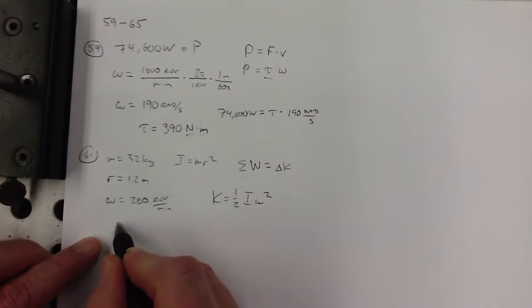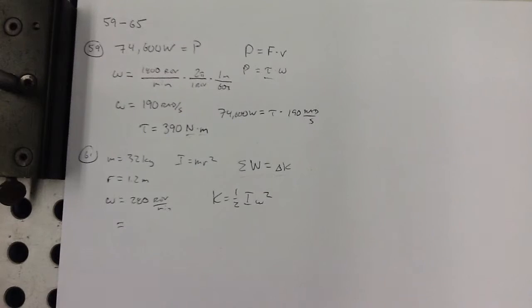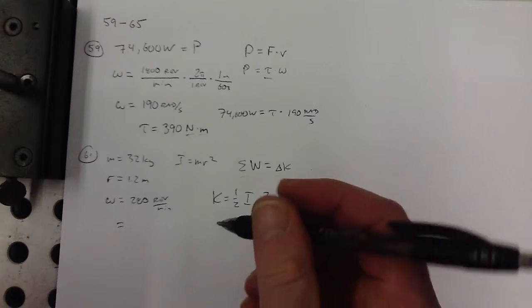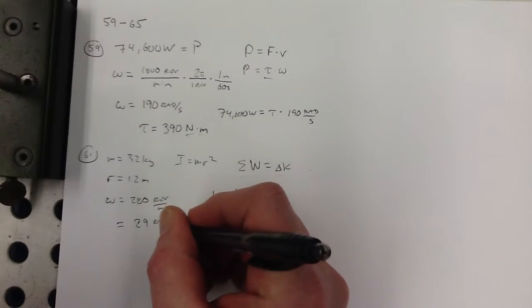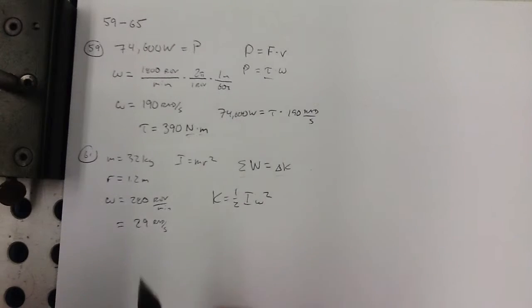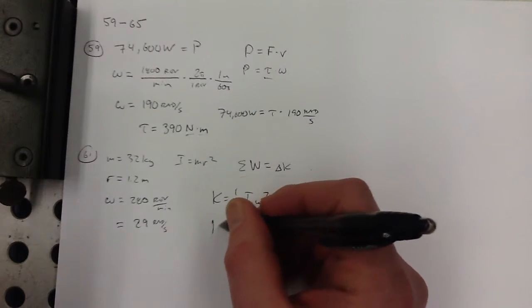I've got the omega, but the units are wrong. I just did that conversion here, so converting that 280 times 2 pi divided by 60, that's about 29 radians per second. And the I, the mr squared, would be,